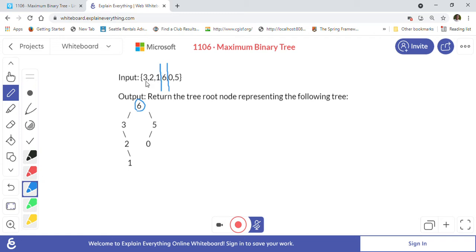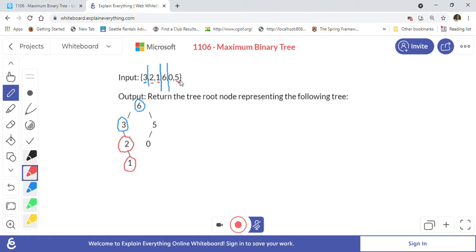Again, in the left array you have to find out the maximum one. So the maximum will be 3 now, right? For the left array, so 3 will become this subtree's root basically, right? This is the subtree for 6. So 3, and then again you will find here 2, which is from the remaining array, right? 2 will become the right side of this one, right? After 3, and then the remaining one will become again the right of the 2, right? Like this basically.